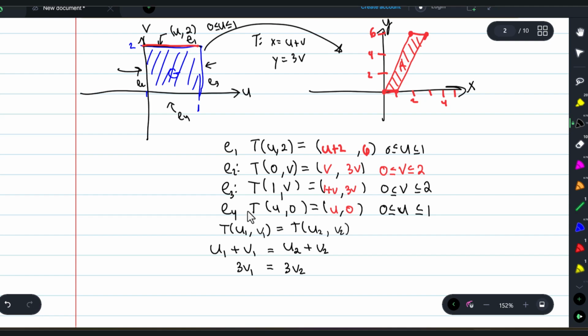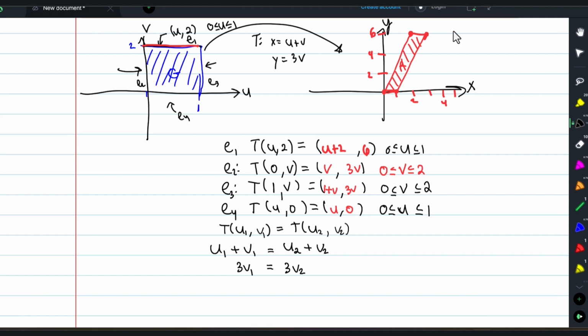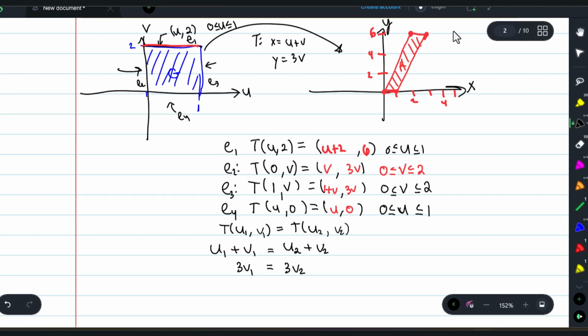You substitute that into your system of equations, which is what I did over here, where I've got U1 plus V1 is my x-coordinate, but also U2 plus V2 is my x-coordinate, the same x-coordinate value, and 3V1 equals 3V2, the y-coordinate values are the same. Then you go ahead and try solving each of these equations simultaneously. If you solve the easier of the 2 equations, the bottom one, you get that V1 has to be the